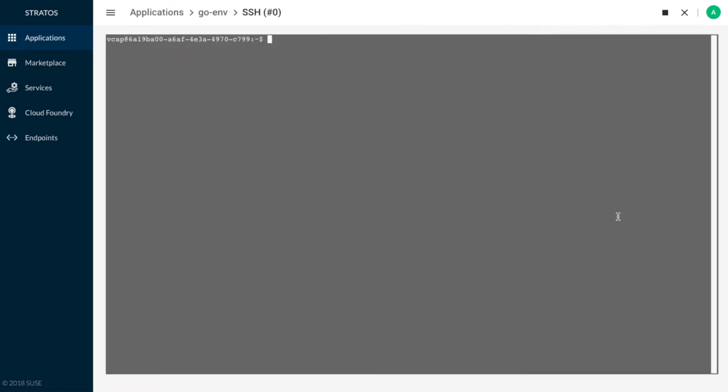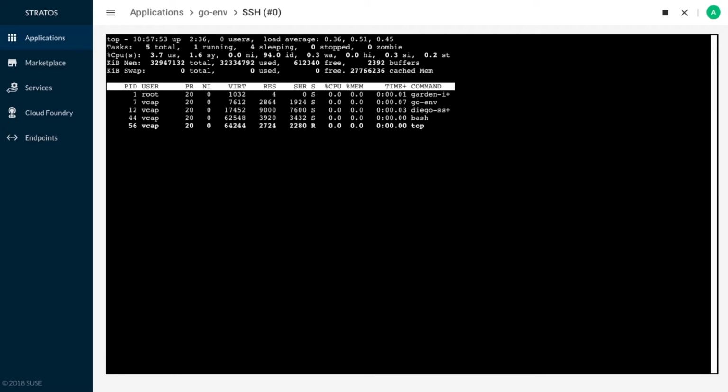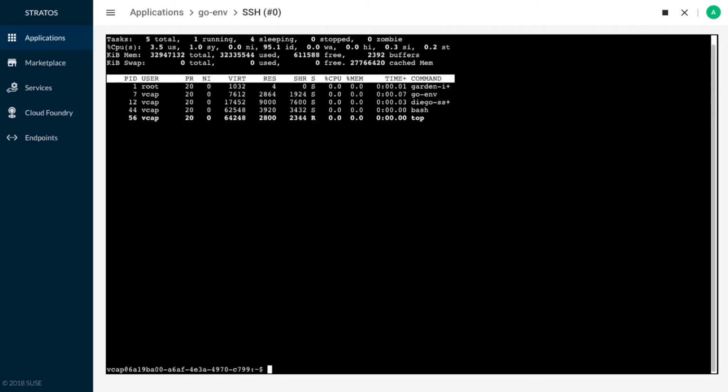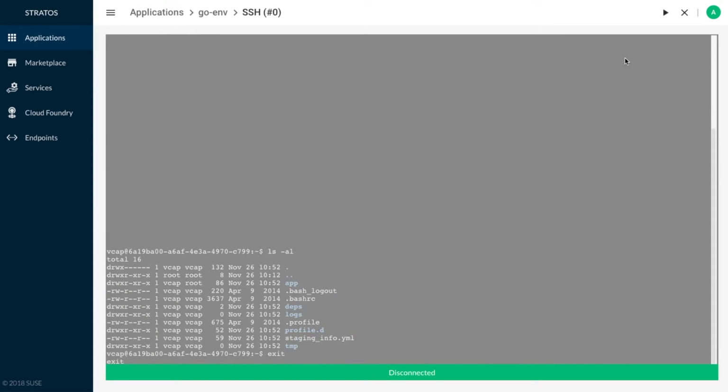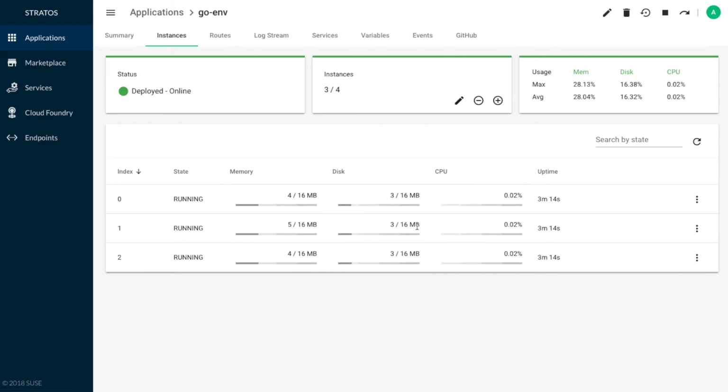So if I do that, I'll get an in-browser terminal, and you can do the same sort of things you might expect from the command line. And I can close that out. It's useful if there are issues with a particular app instance that you want to diagnose. And I can obviously terminate an instance. If I do that, Cloud Foundry will obviously bring another one back up to make sure that I have the